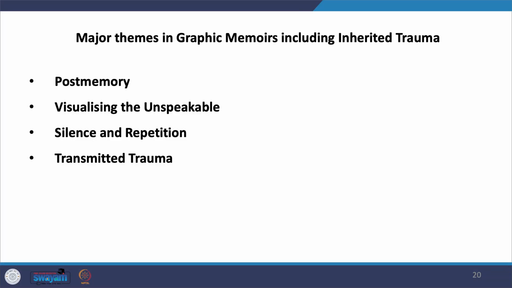Silence and repetition: survivors may share experiences without context, leading to overidentification and haunting unresolved trauma in their children. Transmitted trauma is the transmission of survivor guilt, fear, and behavioral scars, that is, depression, from parent to child,